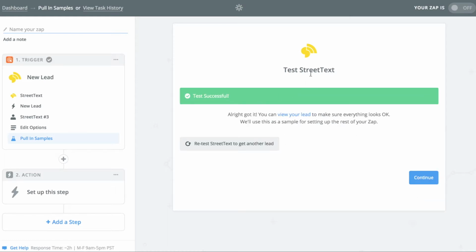Once the test is successful, you'll see Test Successful. You can even view your lead here if you wanted to take a look at it. Then click Continue. If you don't have a lead here or you don't have any leads in your account when you're doing this,